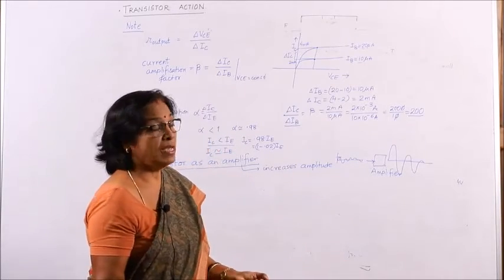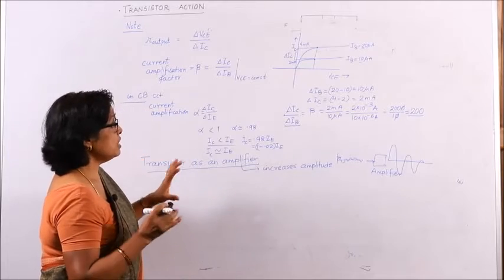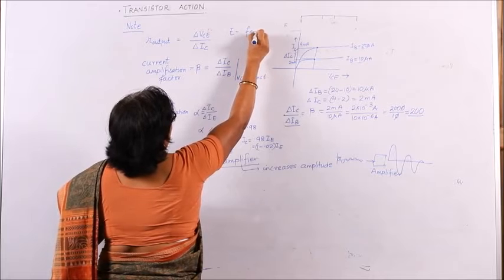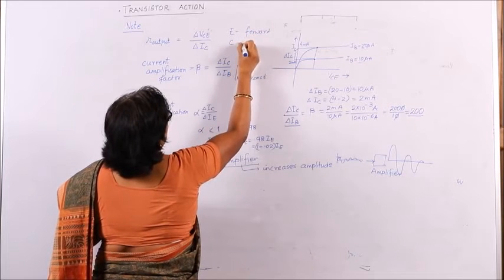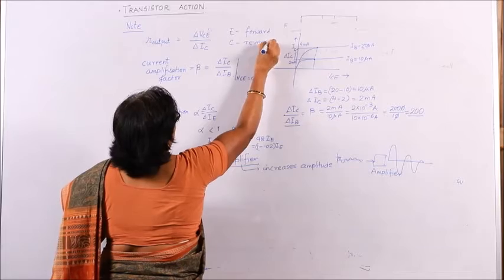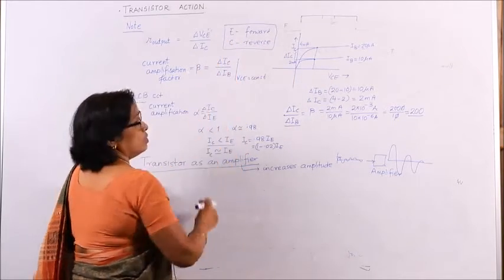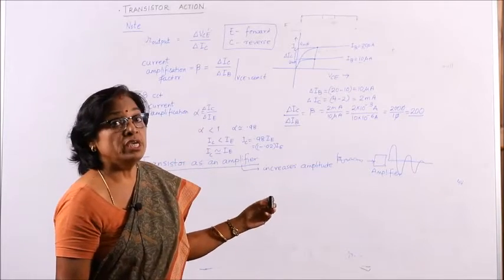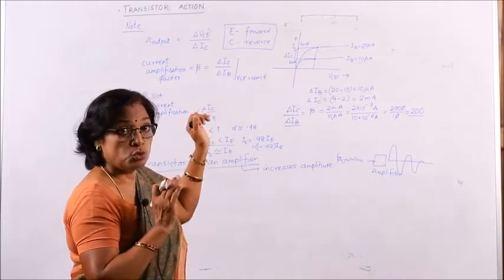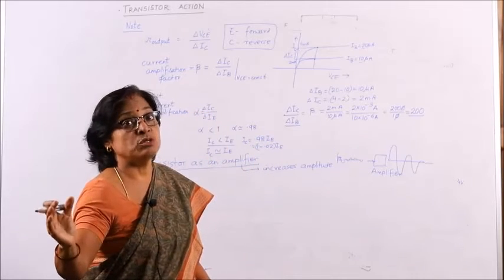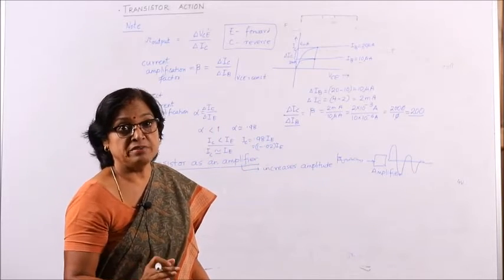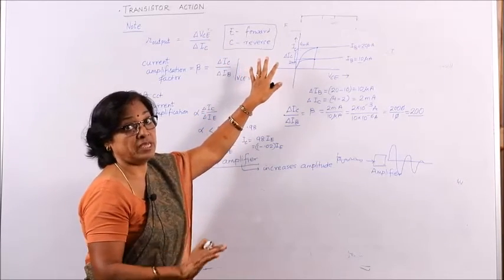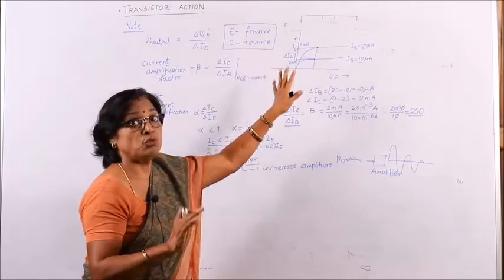That एतिक कथा. द्वितीय कथा हला जे we must ensure that my emitter should be forward biased and my collector should be reverse biased. Then only transistor will be in the active region. So that is why we use a battery to the emitter circuit, also a battery to the collector circuit. Some voltage supply is given to the collector to ensure that collector remains reverse biased and emitter remains forward biased.